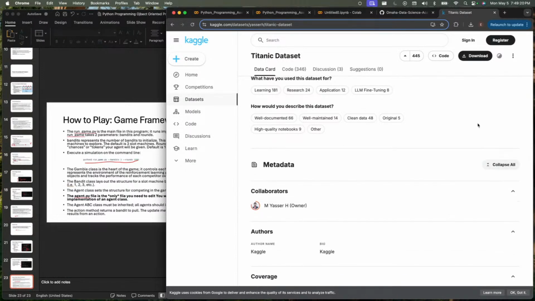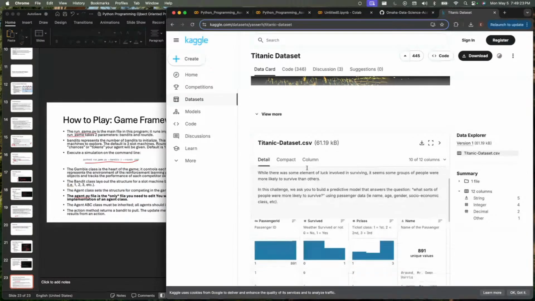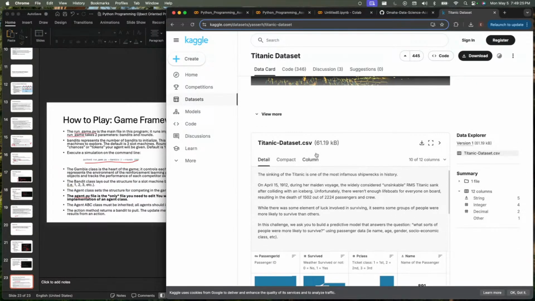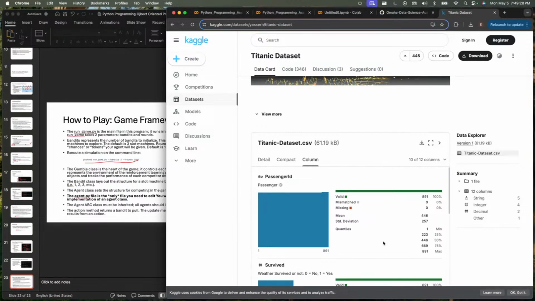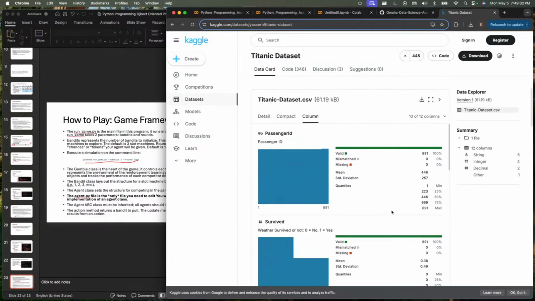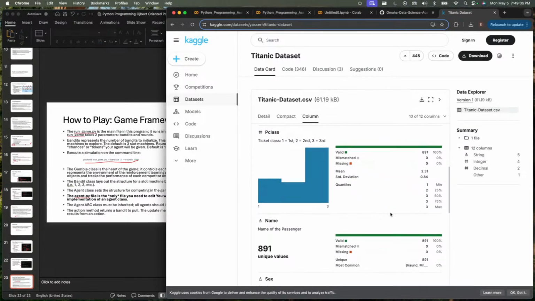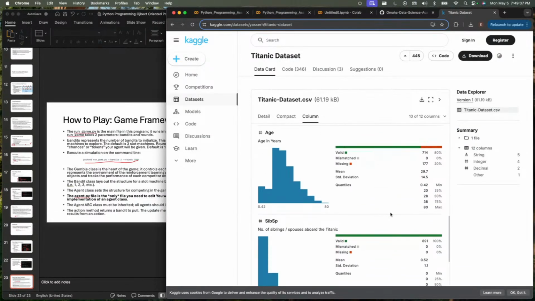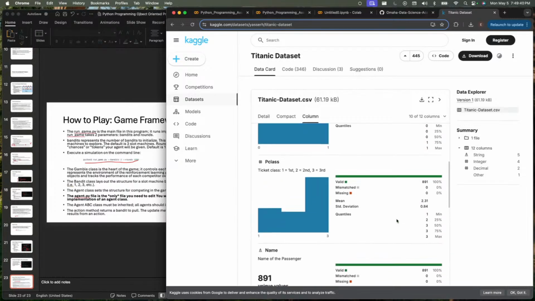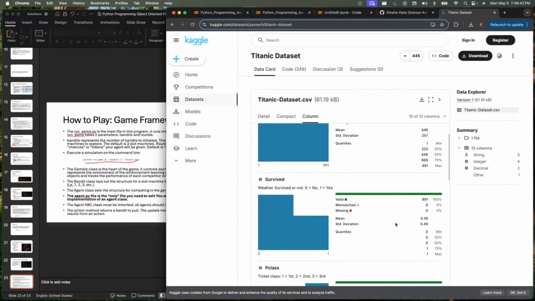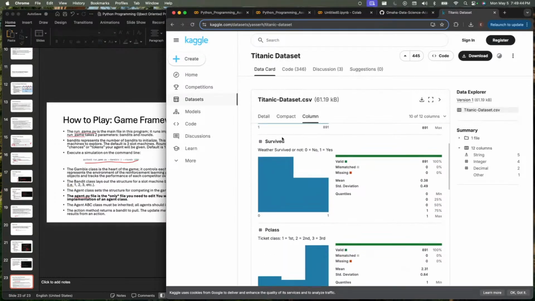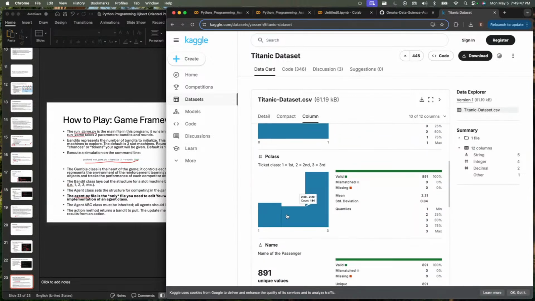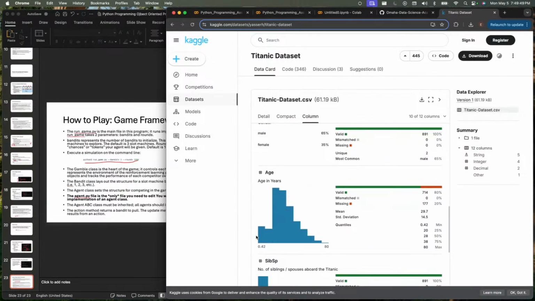But here we can start to look at the column values. This is a different way of seeing this. What's nice about Kaggle is they give you a representation where you can start to look at the distribution of these column values. So maybe something that you might want to look at producing in your notebook is a distribution like this for some of these things. For example, we can create a distribution of age, a bar chart for age.